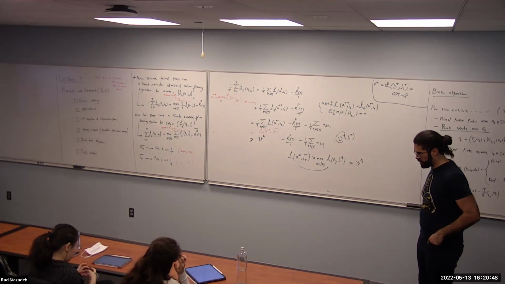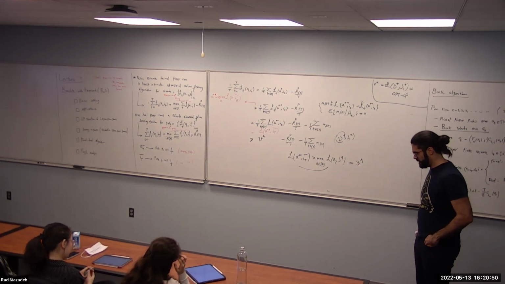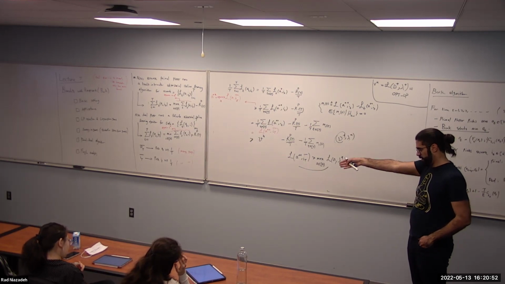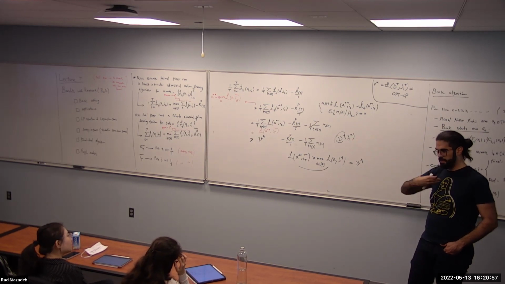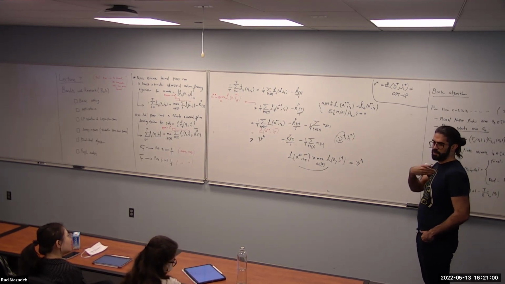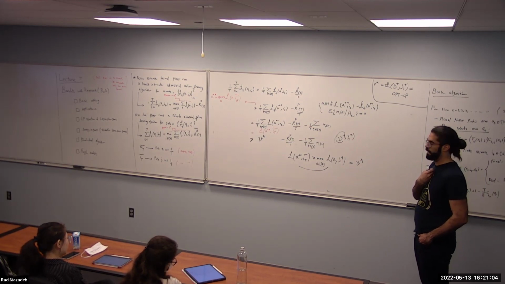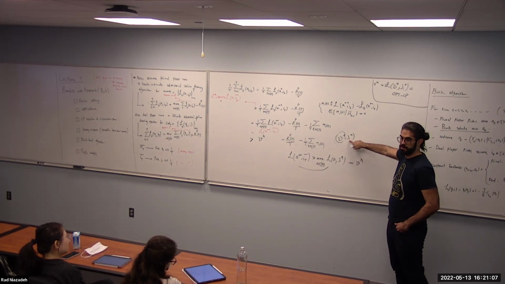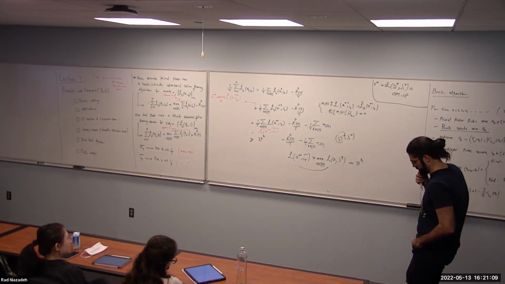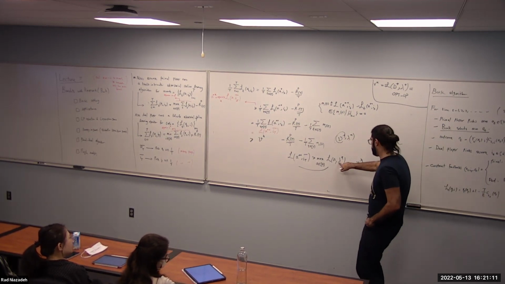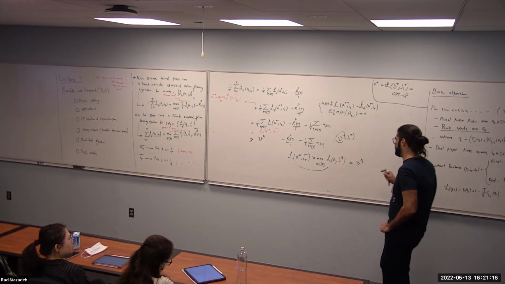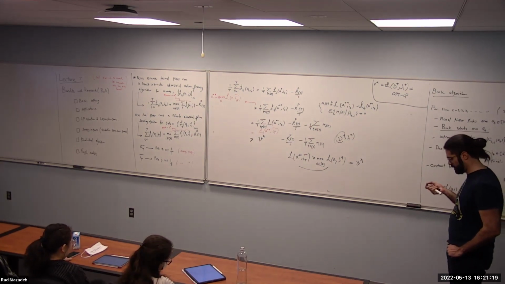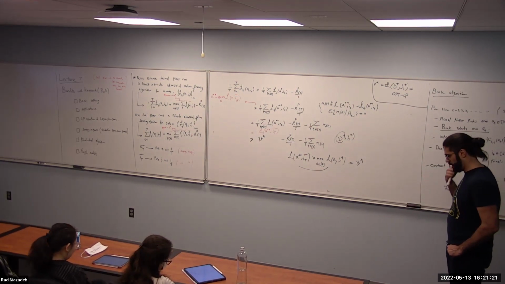Let me ask you the following question. Suppose I know the other player is going to do the best response with respect to my action, no matter what I do. Then what would be the strategy that minimizes your cost? I claim it is the equilibrium strategy. Let's call them the primal player and the dual player. Lambda star is the equilibrium strategy of the dual player. Assume the dual player goes first.